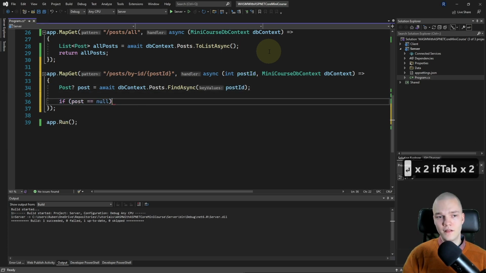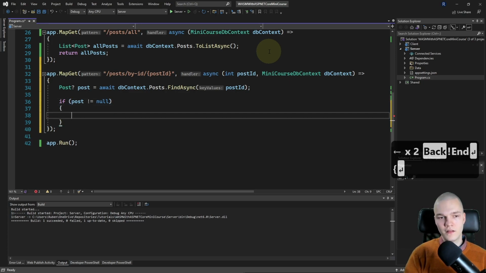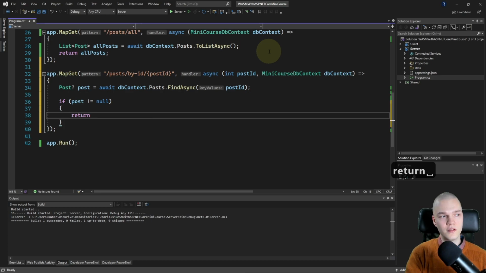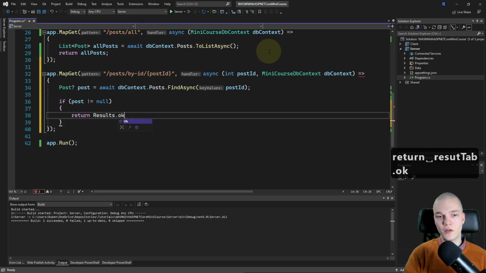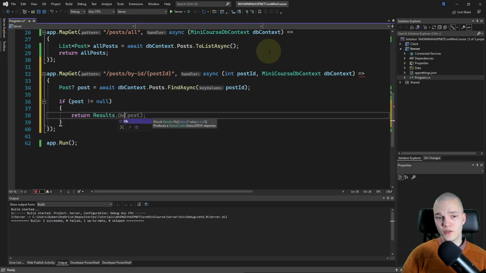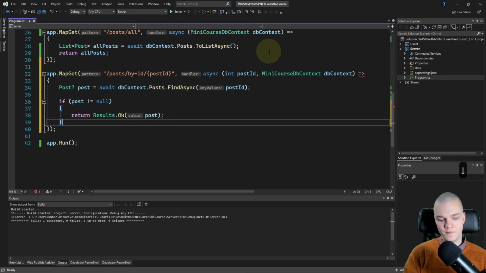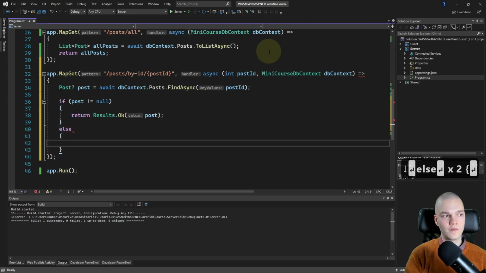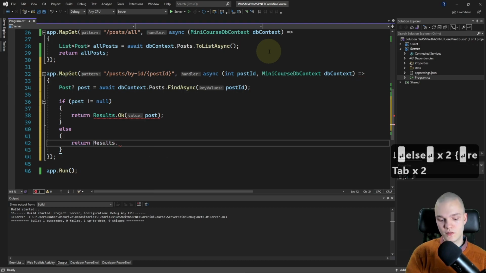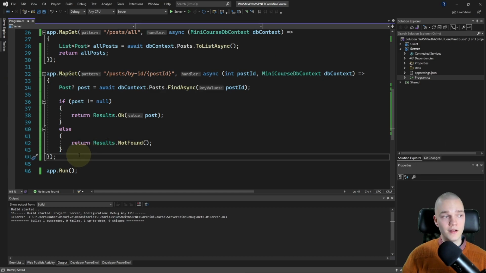And if that post isn't null, then I want to return results.ok, and that's how we can return a specific HTTP response, right? And we'll just pass in the post here. Else we're gonna return a results.notfound.